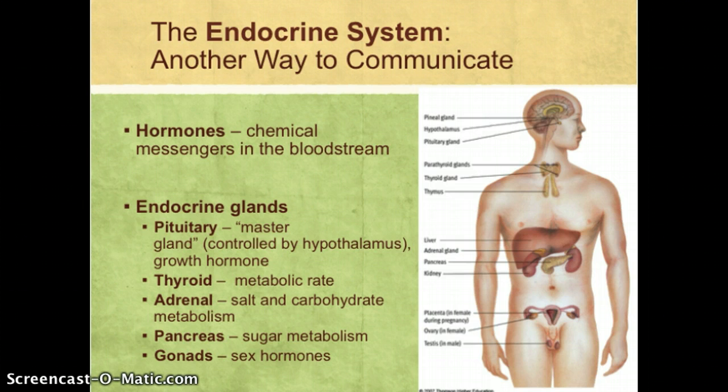There are several different glands in the endocrine system. We're going to just highlight a few. Some of these will come up again later on in the semester. The first one is the pituitary gland. There's actually two glands of the endocrine system in the skull near the brain. One is the pituitary gland, the other is the pineal gland. We'll talk about the pineal gland in chapter 5 when we talk about sleep.